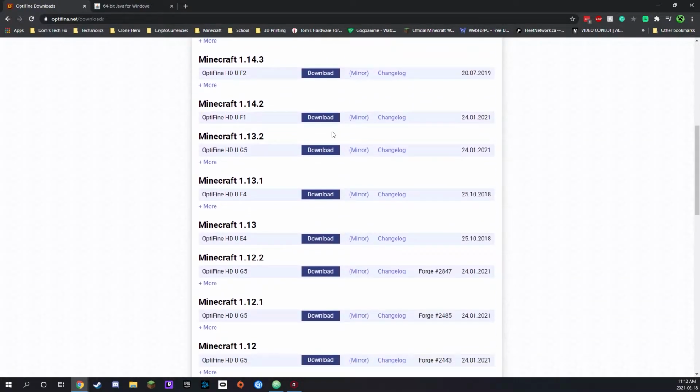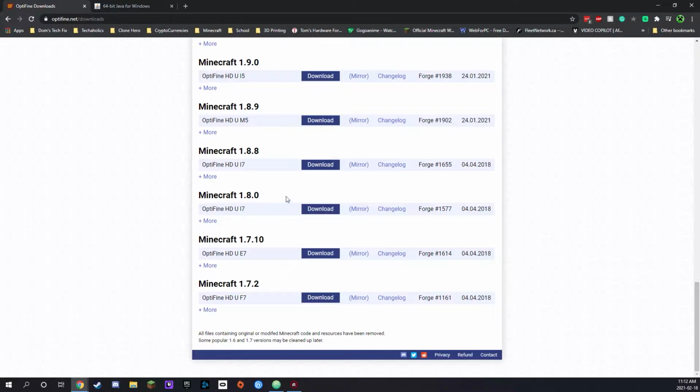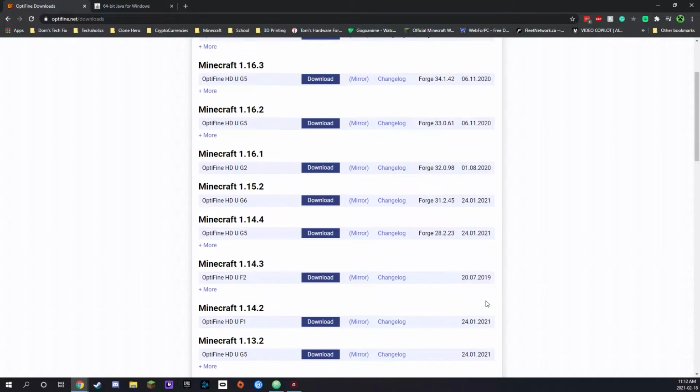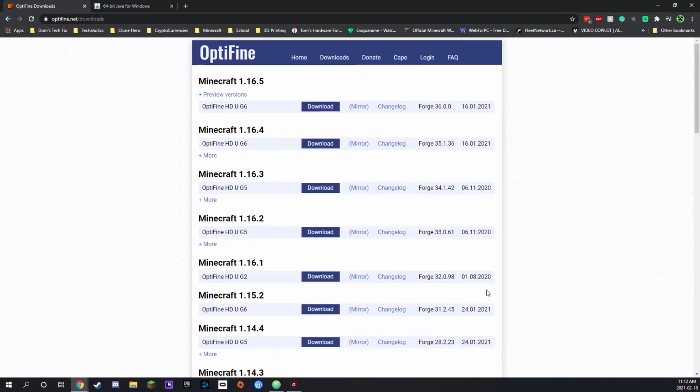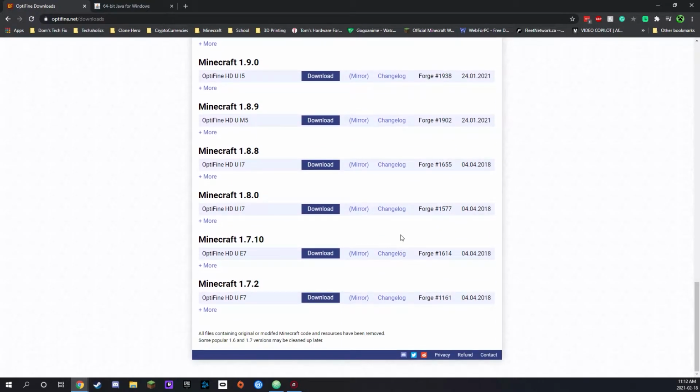and it will give you every version of OptiFine all the way down to Minecraft 1.7.2. Of course, you can see at the bottom they're cleaning up some of these older versions, so they may not be available to you after a certain point. As you can see, these came out in 2018. They're just assuming that most people don't run that version of the game anymore, I guess, which is unfortunate because my other tutorial for the MC Heli mod runs on version 1.7.10, so I'm not too sure how much longer that's going to exist, but hopefully it's